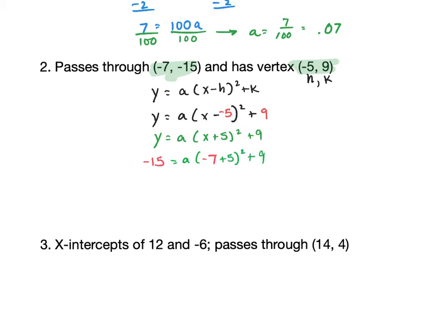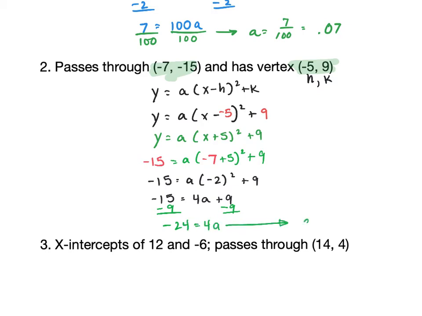And so we just keep working it down. We work inside the parentheses. It's -2 squared. We square our -2, which is 4. We subtract our 9 to get that a term alone. So -24 equals 4a. Divide by 4, and it looks like a is equal to